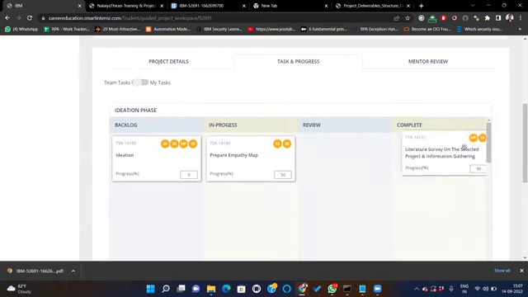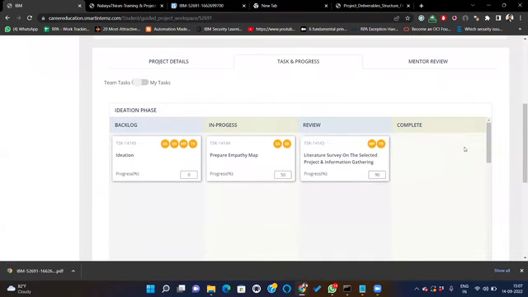If it is not moved to the complete section, then the parameters will not be enabled for the evaluators. So this is only the request. Let's help the students in assigning these tasks to their team members.